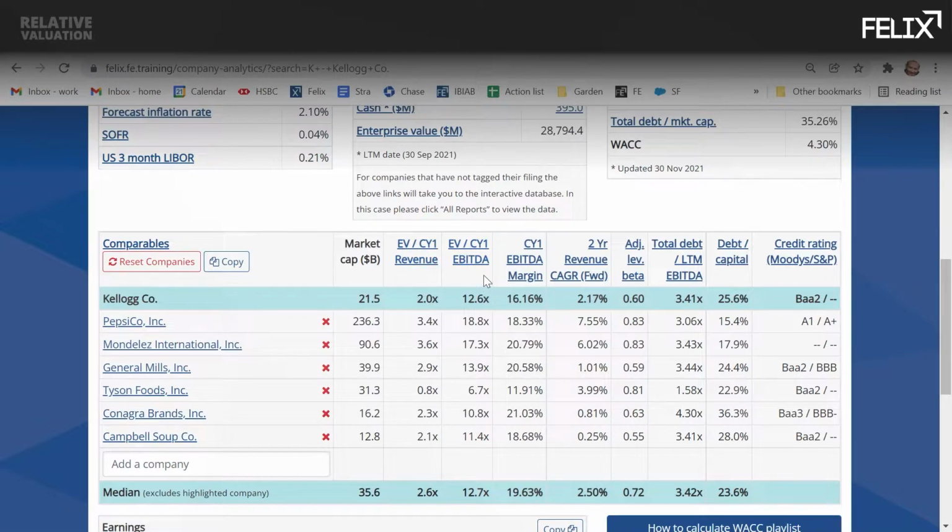Now, one of the key things that people find challenging is firstly what multiple to use, revenue or EBITDA. Companies that are profitable generally would trade on a multiple of their earnings, and these are pretty slow growth companies. It's the food sector, so I would focus on the EBITDA multiple rather than revenue multiples. If the companies were very fast growing or loss making, then maybe you choose revenue, but in most cases EBITDA is a key metric. The reason people like EBITDA rather than EBITA or EBIT is that the D&A is non-cash,